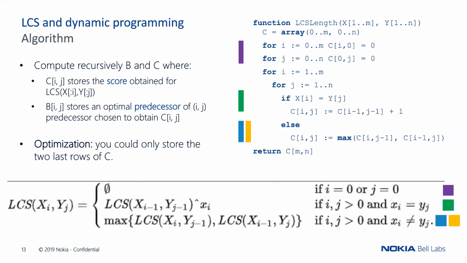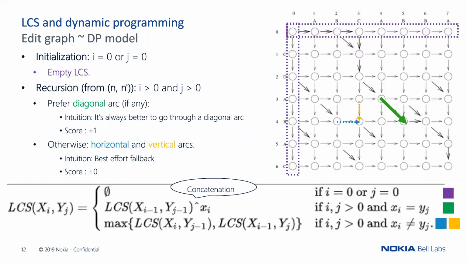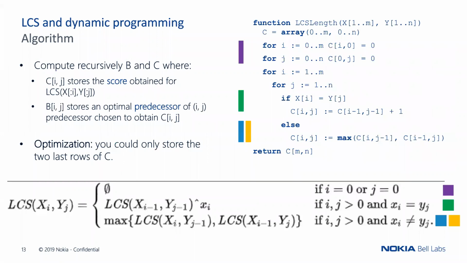So basically what I'm trying to say is that when you compute, for example, the value related to row 4, you only need the results related to row 3, and you don't care anymore about the results that you obtained in the past for rows 2, 1, and 0. And by doing so, you only keep in memory the last row, and so the cost in memory is only linear instead of being quadratic. So this is a first straightforward optimization.